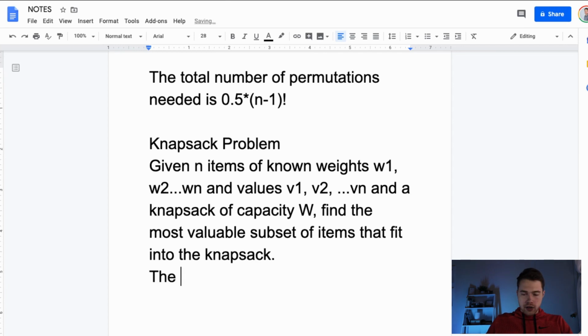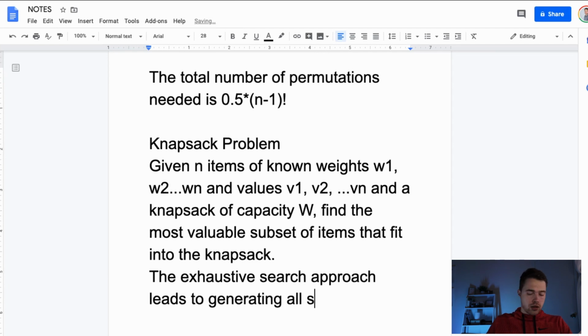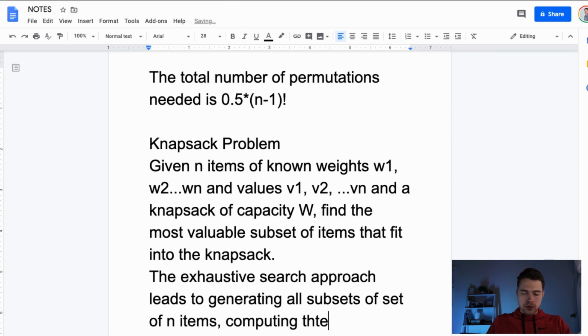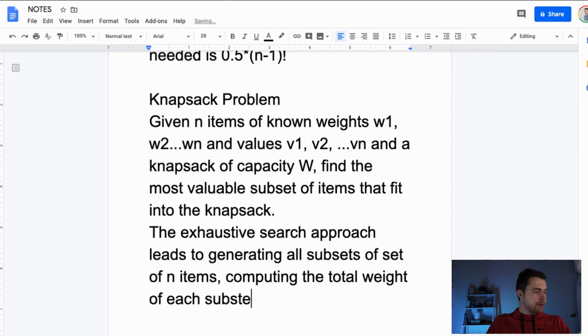The exhaustive search approach leads to generating all subsets of a set of n items, computing the total weight of each subset in order to identify feasible subsets,